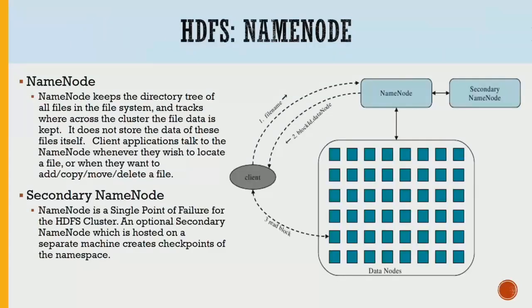So as I said, the name node is the main process that knows where your data is sitting, right? So the name node becomes a single point of failure. If your name node in your Hadoop cluster fails, you can't do any processing on your data. So the way to solve it is to replicate the name node on a second node, which is called the secondary name node. In that case, if the name node fails, the secondary name node can take over the Hadoop cluster and do the data provisioning. So again, you need replication at the level of the name node as well, so that you can handle failures, because failures are very common.